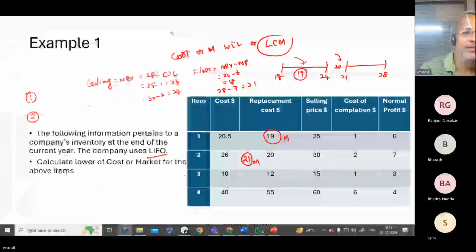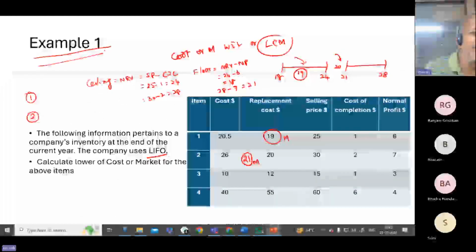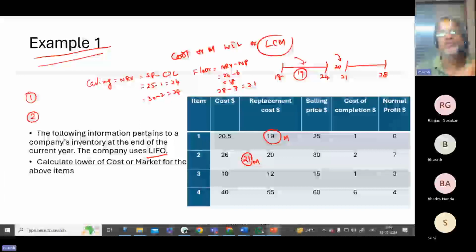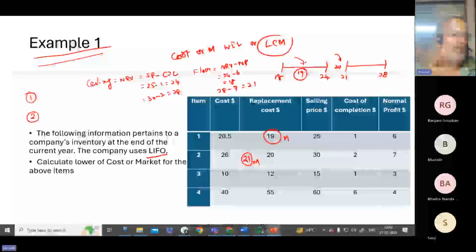So this example is a very important example. Not that it is very difficult. That is what I'm telling you. Say it is not difficult. At the same time, don't take it easy. Whatever the devil is asking, give the devil its due share. Automatically, it will become your servant.